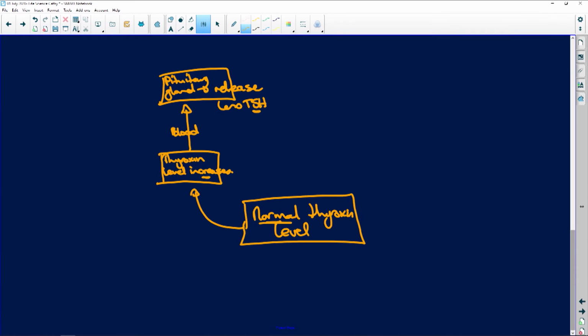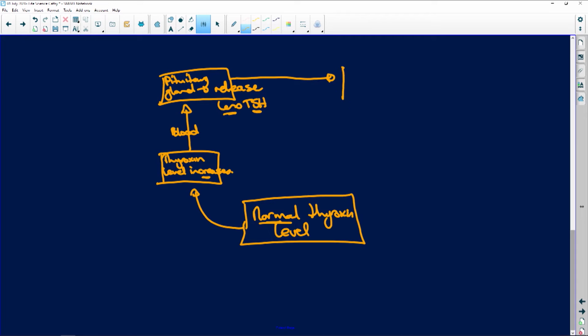Okay? Remember progesterone in human reproduction, high levels of progesterone inhibited the pituitary from releasing follicle stimulating hormone and luteinizing hormone. Okay, because you didn't want new follicles. So the progesterone stopped the pituitary from releasing FSH and LH. Now the same thing's happening here. Lots of thyroxine goes in the blood and it says to the pituitary, hold on, and it inhibits the pituitary from releasing thyroid stimulating hormone. So the result is it releases less thyroid stimulating hormone.